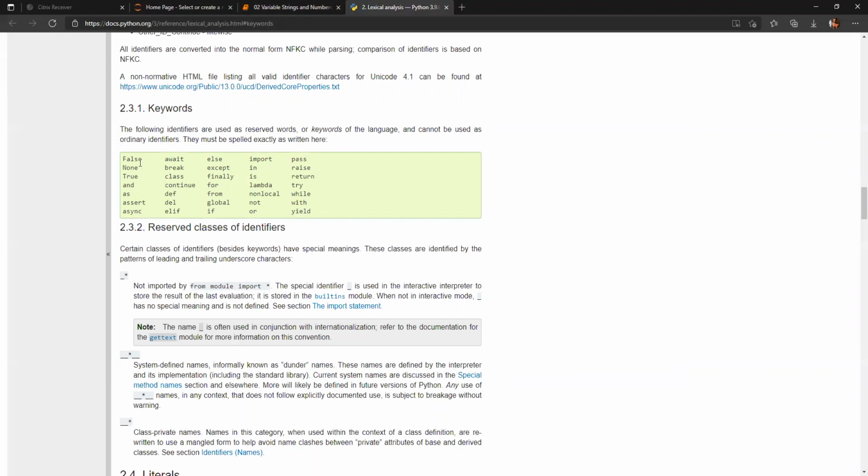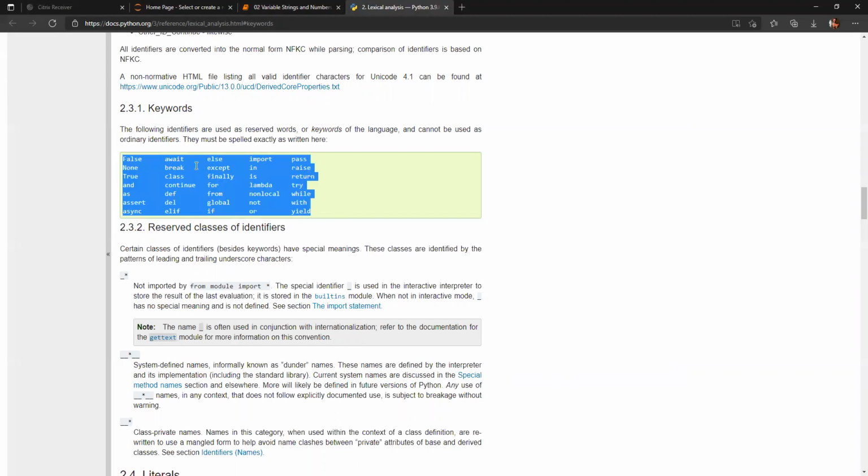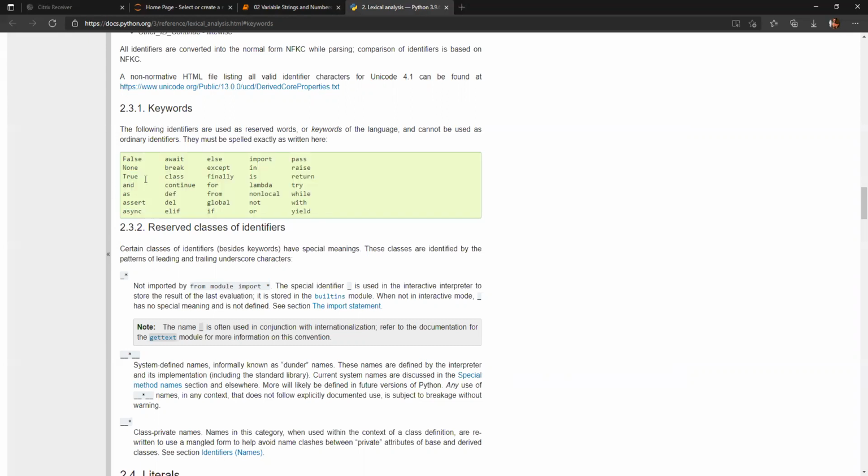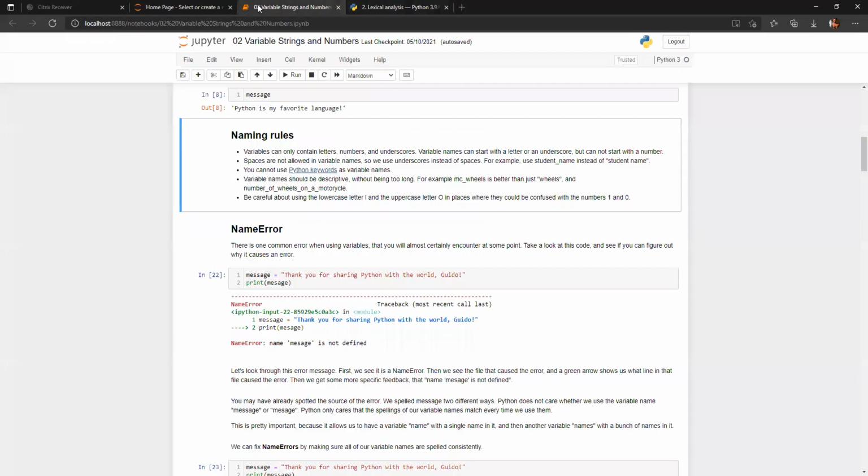Just keep in mind that people actually store variables with any names. You can use False also, True also, None also, and also, but try to avoid using these things. If you store a variable based on the Python keywords, you'll get an error. And whenever you are storing any variable, no spaces are allowed. You cannot use any space.